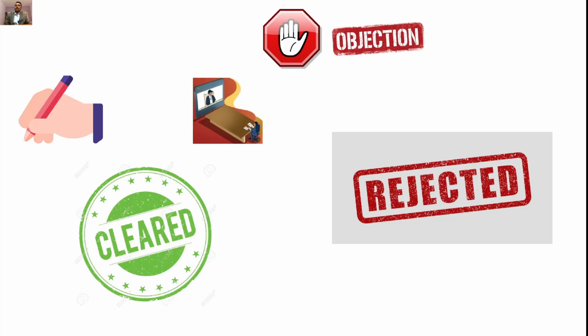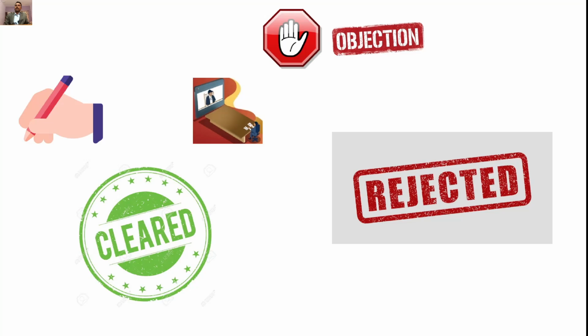Once the patent is granted, there is still scope for opposition, and this scope is for 1 year. After the grant of your patent, up to 1 year, people can still file opposition with suitable evidence in the prescribed format by paying the prescribed fees, and those oppositions are taken care of. If sufficient merit is found in the opposition, there is still a possibility that your patent can be revoked. Revoked means your patent can be cancelled.